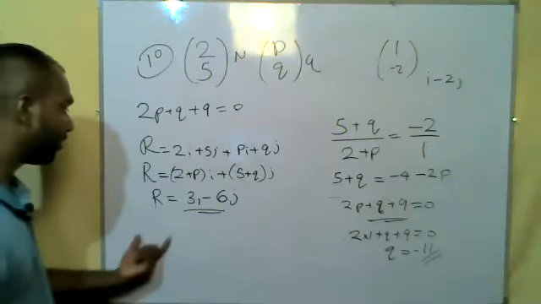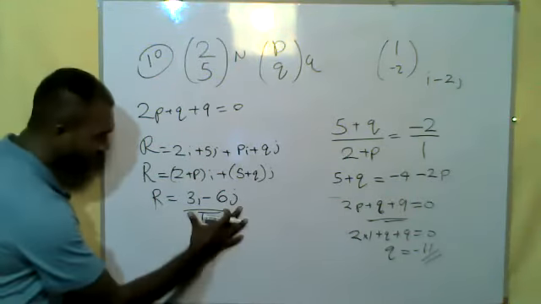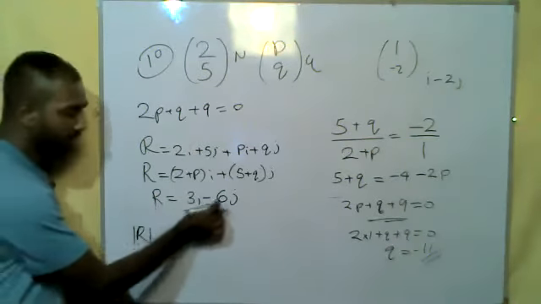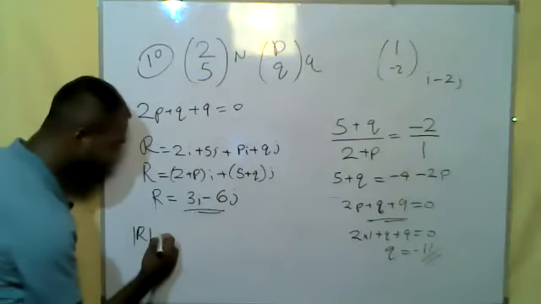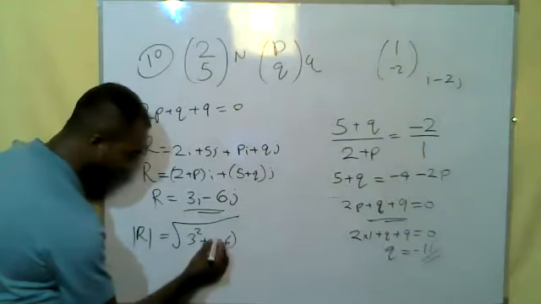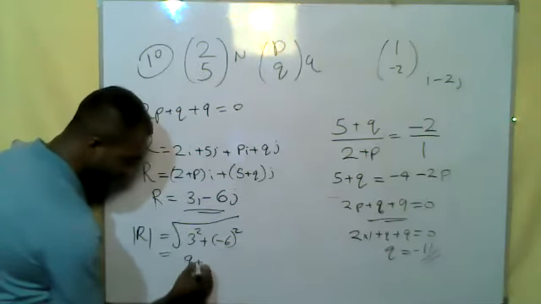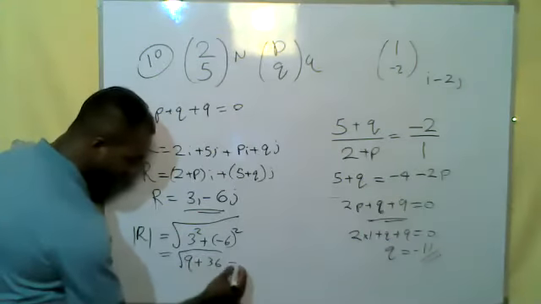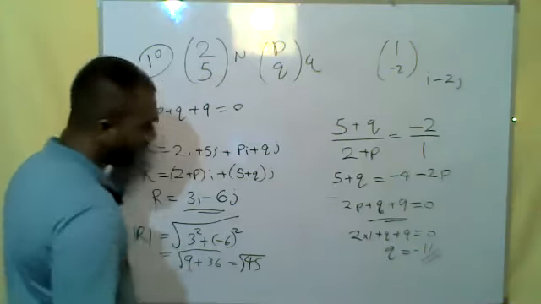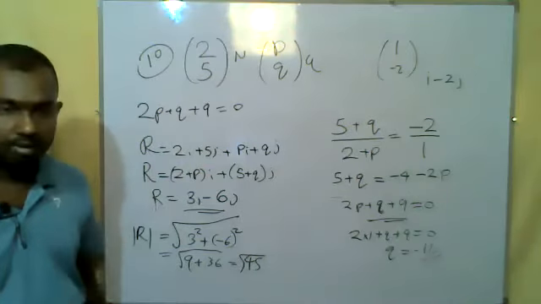And we need to get the magnitude of this one. Why? Only the magnitude of the force is needed, as the acceleration is also given. So how to get the magnitude? Get the square of these two, add them and get the square root again. 3 to the power 2 plus minus 6 to the power 2. How much? 9. And here we get 36. So altogether we are getting square root 45. Just keep it as is, this is an entire surd, so you can convert this into a surd.